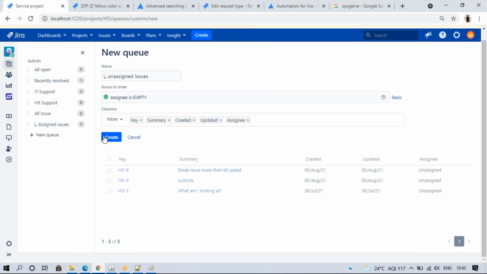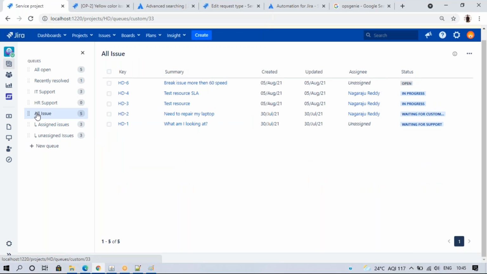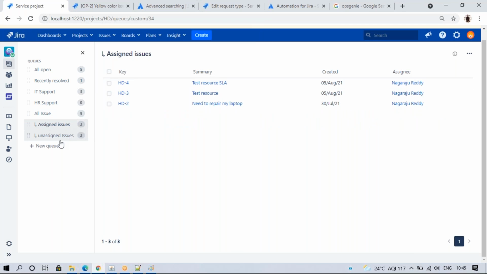So this three is unassigned. Save this. Okay, the all issues. When you click on this, this will be hidden. This is unassigned issues. This is assigned issues.